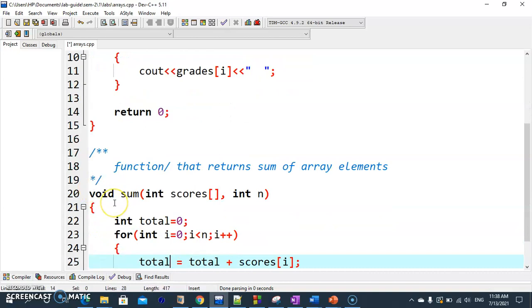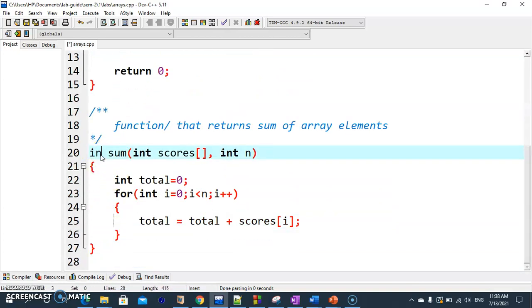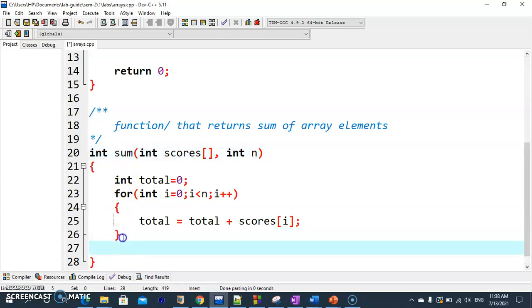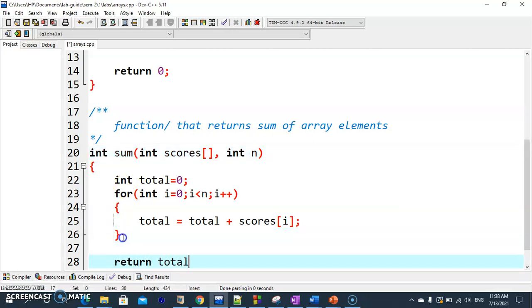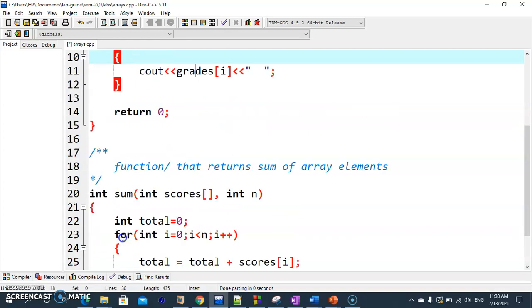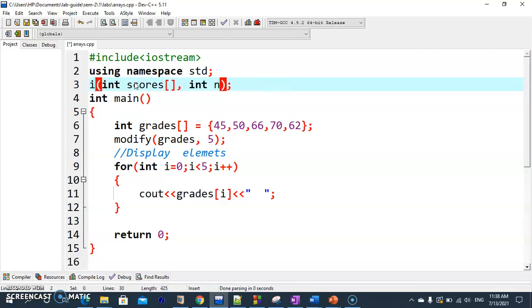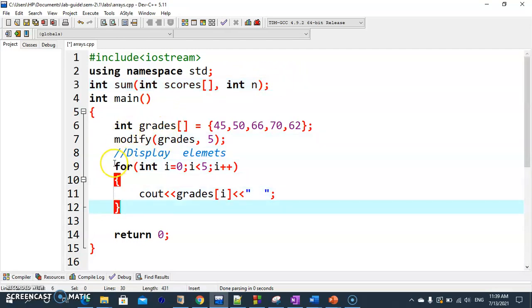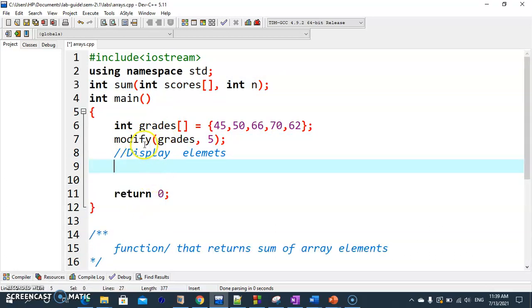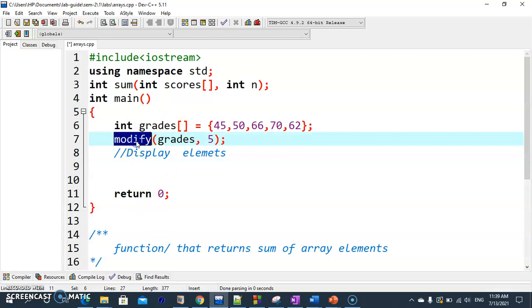Before we do that, one more thing to do. We want the function to return a value, so we can have a return value here. After everything is done, we can return total. We should do the same modification to our caller, our declaration. We are returning an integer, and we are declaring sum here, something like that. So we can make a call, and we should receive that into maybe here,